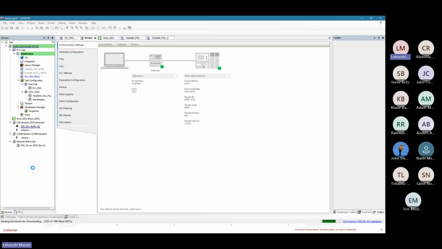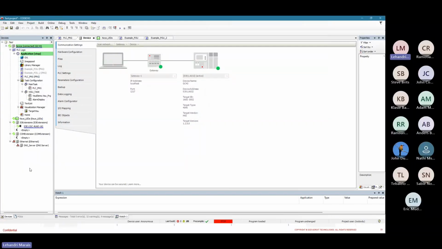The fact that those two are grayed out indicates that they are not used within the project, so they aren't set up to actually be run, so the logic will not run. This is important to know if you, for instance, missed or did not call this logic or add this POU to your main task. So just know that if this is gray, the PLC logic will not be running